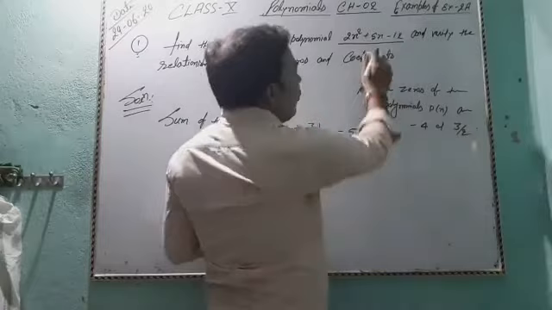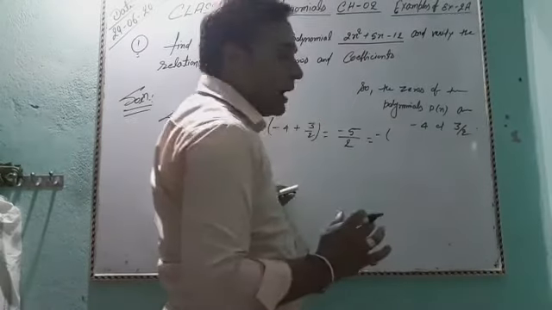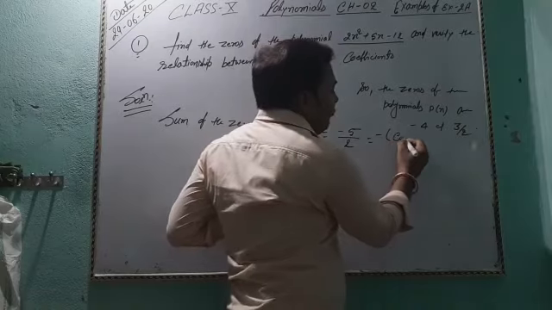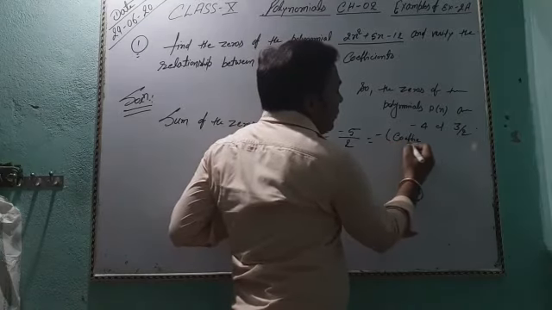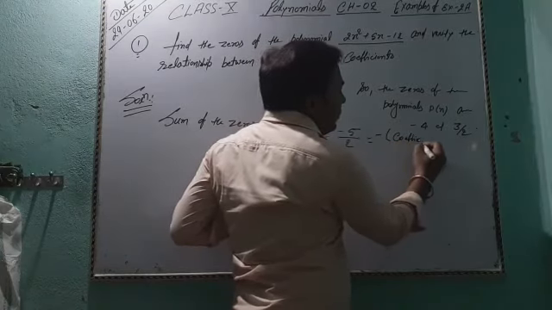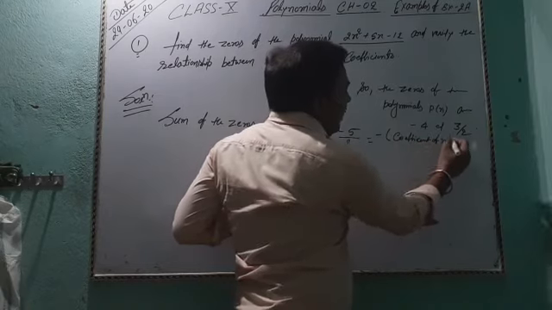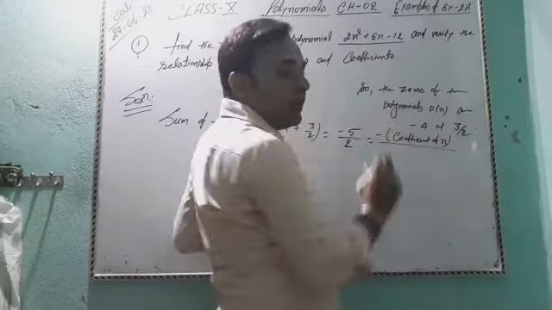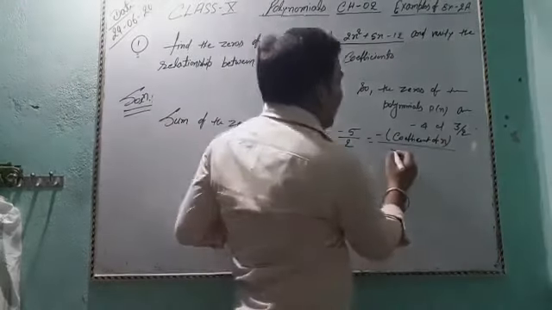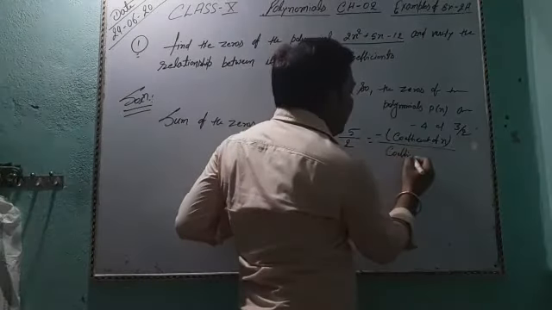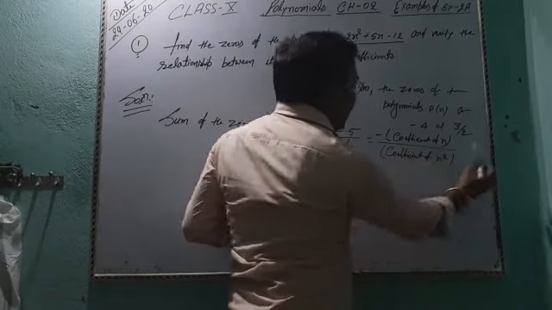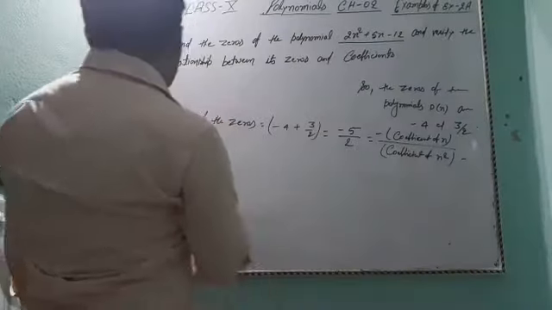So 5 is the coefficient of x. So minus, in bracket, the coefficient of x divided by 2, where 2 is the coefficient of x square, that is, divided by the coefficient of x square. Okay, and the product of zeros